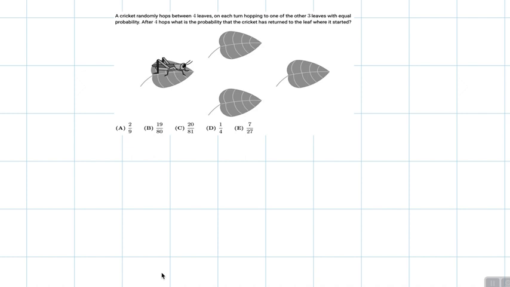So, in order to be on leaf 1 at the end, the cricket has to be on either leaf 2, 3, or 4 after 3 hops. We can find the probability of it being on leaf 2, 3, or 4. And if the cricket is on leaf 2, 3, or 4, then it has a 1/3 probability of hopping to leaf 1. So we can generalize this situation as the probability